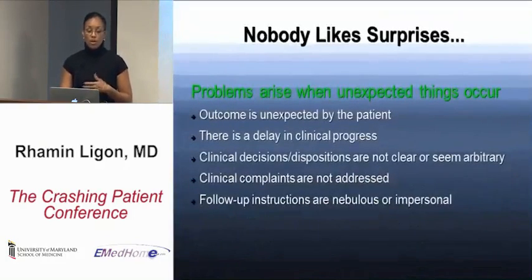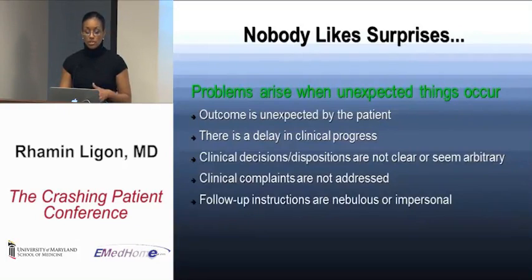So when do things go wrong? Nobody likes surprises, and problems arise when there's something that's unexpected. Sometimes the unexpected is only unexpected for the patient, but because we didn't communicate our expectations and what we thought was going to happen to the patient, it seems that it just suddenly came up, and the patients become upset with that. So if you have an unexpected outcome, if there's a delay in the clinical progress of a case,